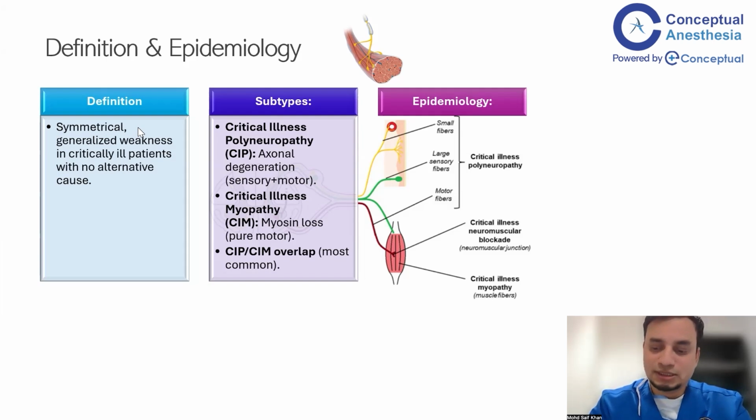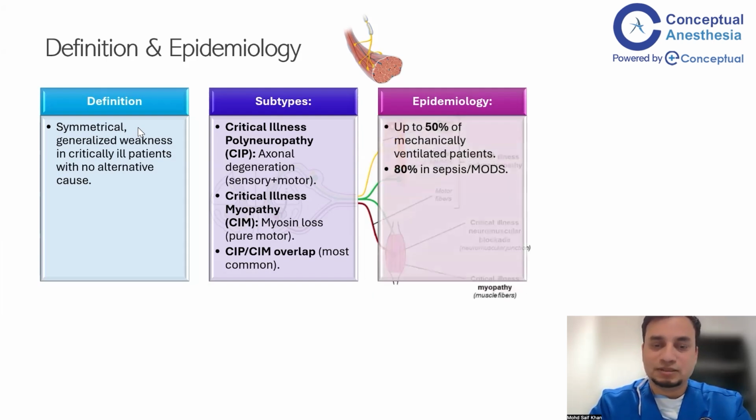Epidemiologically, 50 to 60% of patients who are on a mechanical ventilator can develop ICU-acquired weakness, and this figure can go up to 80% if the patient had sepsis or multiple organ dysfunction syndrome. So you can see how common this is. More than half of patients, up to three-fourths of ICU patients, may have this problem, of mild, moderate, or severe category. We can categorize the weakness depending upon the MRC score.